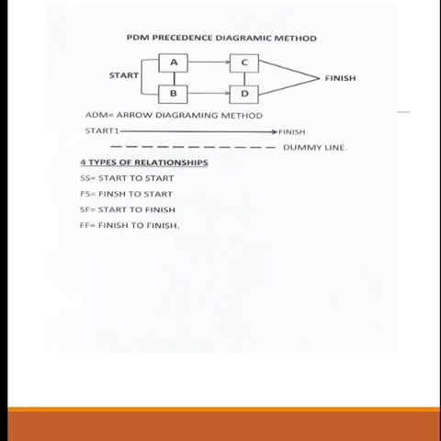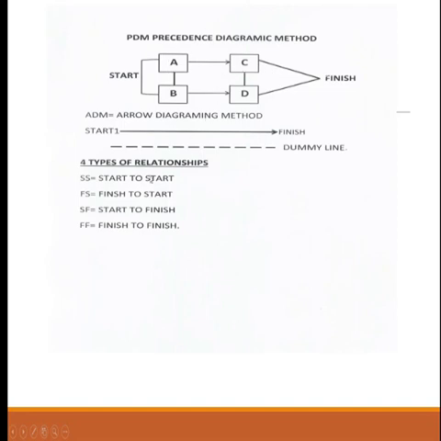Now, so you need an ADM to talk about one activity, PDM. Now, look at these arrows. Can you see these arrows? This is an arrow. This is another arrow. Look at this arrow, it goes from C to finish and D to finish, right? Look at these other arrows from start to A and B. There's an arrow that connects A and B. These arrows you see here, especially from A to C and B to D, they are relationships. This arrow in ADM is also a relationship. What's the relationship between activity A and activity C?